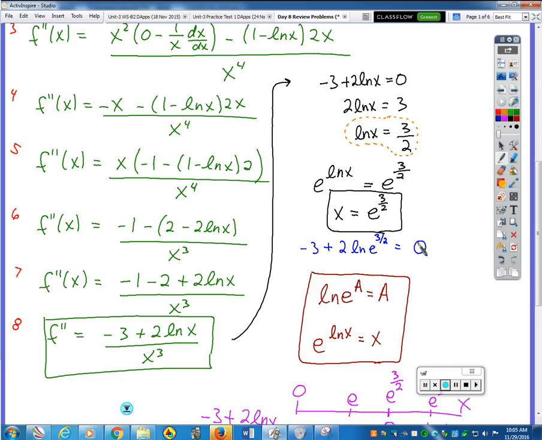Good. Please, Kelsey. So why is x e to the 3 halves? Why wouldn't it just be 3 halves? Say one more time. So with the rule, it's e to the power of ln x, right? Equals the